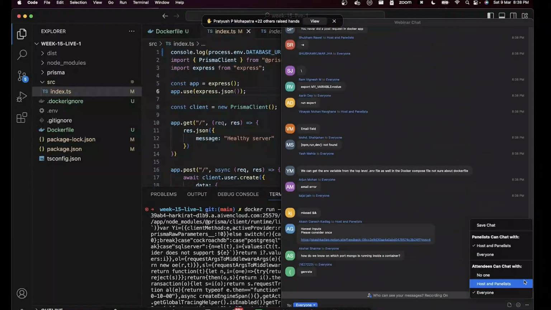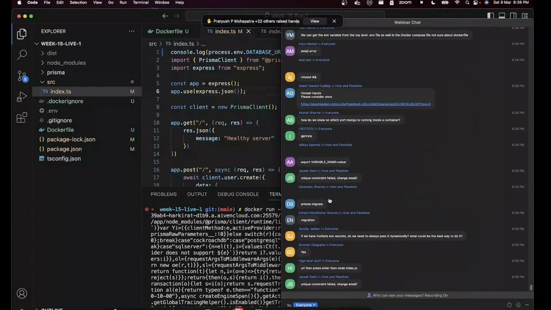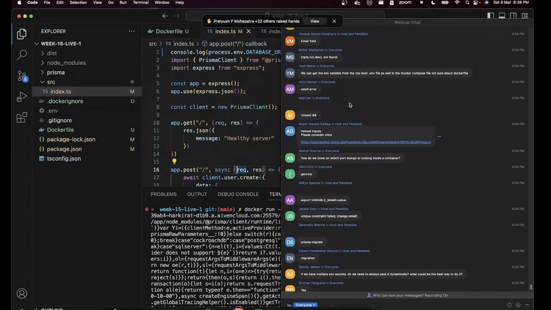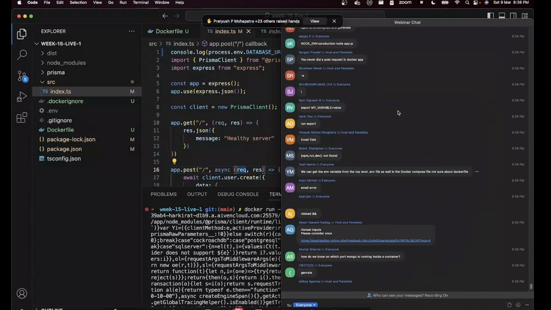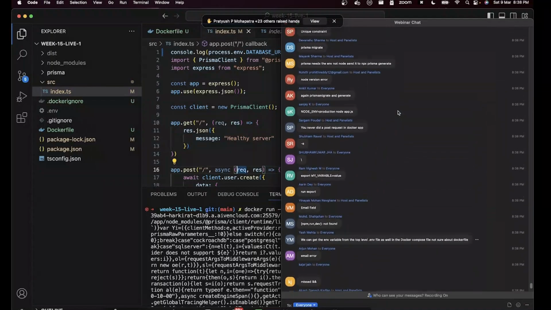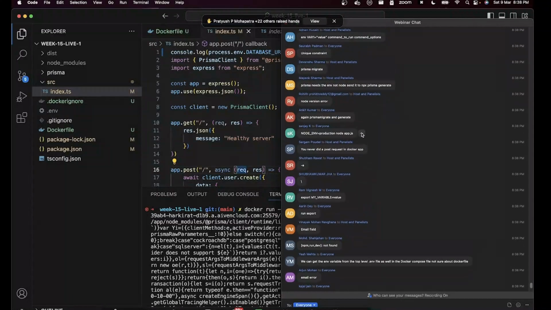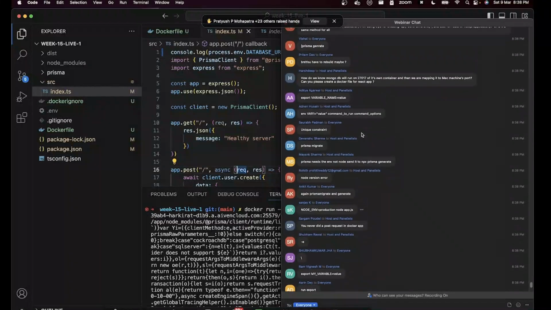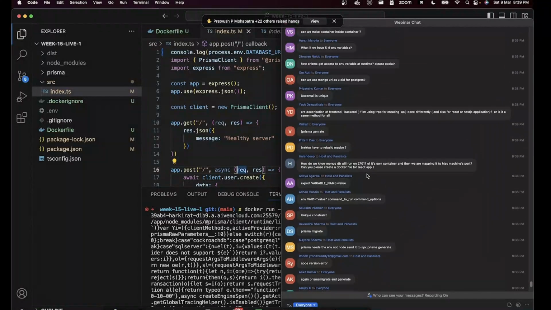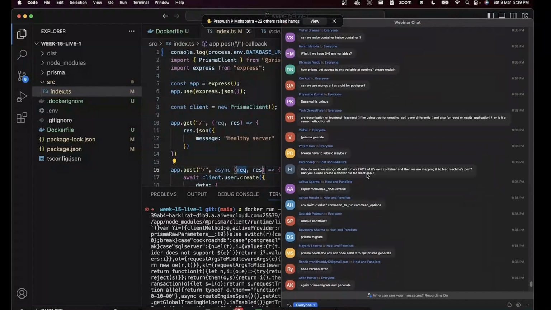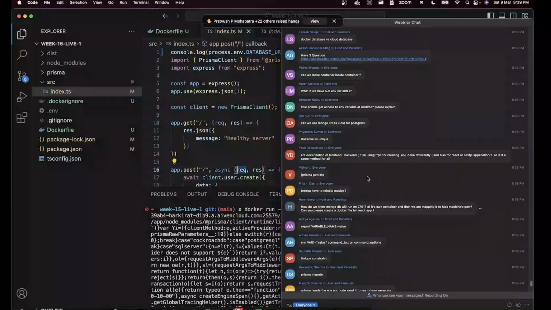Let's see. A few people are saying something. Prisma migrate. No, I get it. Email error. Can we get variable at the top of the .env file? Docker compose file. Email field. Production. Don't think that's it. Oh, yes. Thank you, sir. Unique constraint. Saurabh Padman. Sorry, Padman. I apologize. Saurabh wins the bounty.